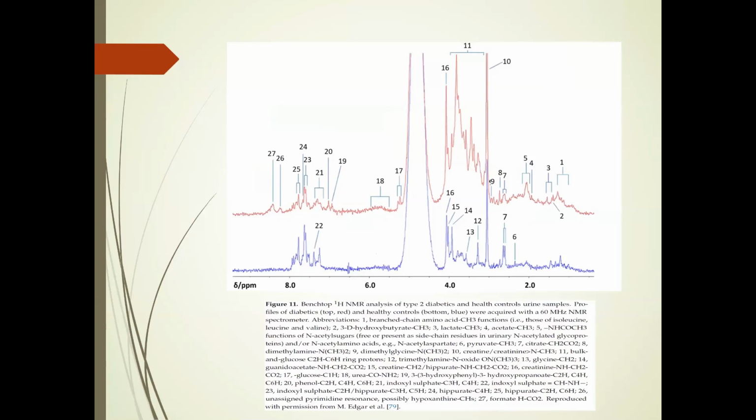And in this paper, you can see analysis of type 2 diabetics. So on the top red, you can see the profile of a diabetic sample, and on the bottom blue one, you can see the result of a healthy control. It's done on a 60 megahertz NMR spectrometer. So you can see that around 27 metabolites are being analyzed by this. I think this is pretty interesting that we have at least 27 metabolites identified,